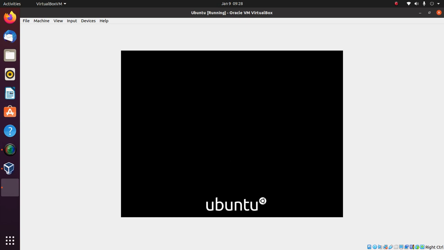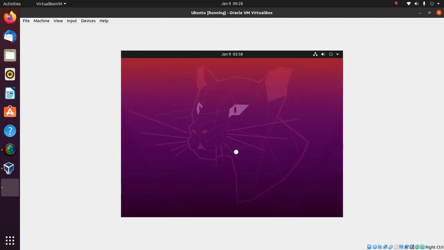We can choose whether to continue with live mode or install the Ubuntu operating system. If you just want to experience Ubuntu, just proceed with live mode. Or if you want to install complete Ubuntu and check it with full features, then go with installation. So it will prompt now with the two options. Let's wait.